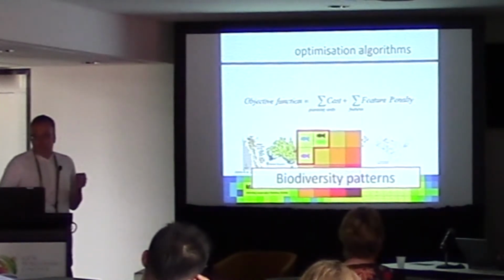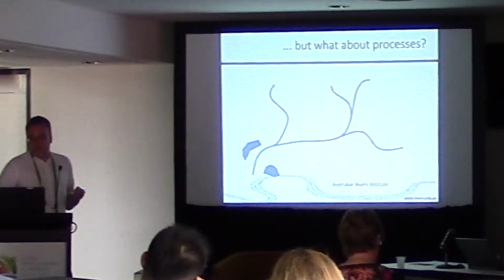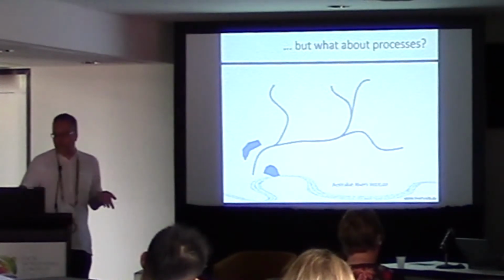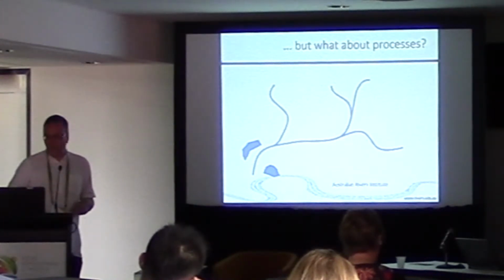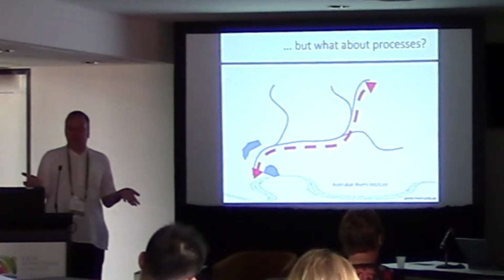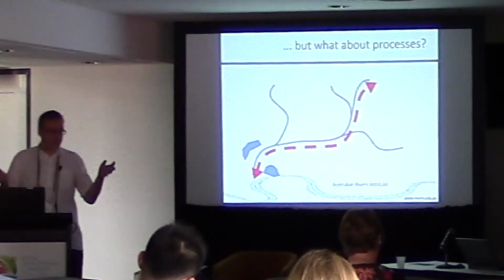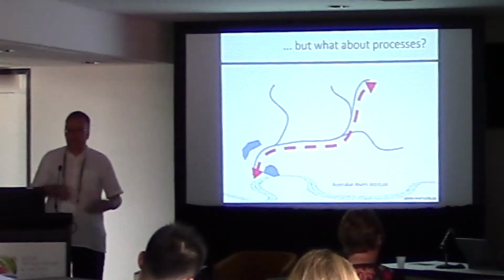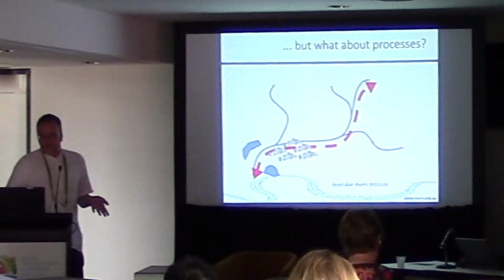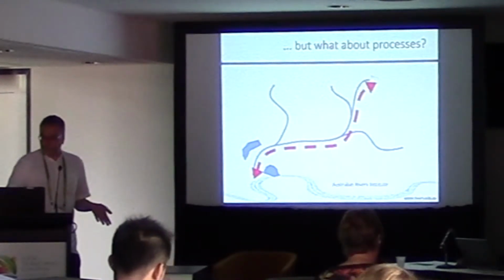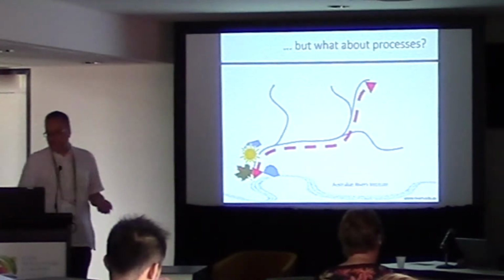Now, I think what's really important is actually to put in some process-based information. So, what are aquatic processes that we can plan for? And thanks to Virgilio for letting me steal his awesome slides. So obviously, there needs to be some upstream-downstream connectivity, right? You cannot just use the terrestrial approach, kind of like, put a blob of area in the landscape and things will be good. You have to think about how fish migrate, for example. Or you have to think about how nutrients flow from upstream to downstream.